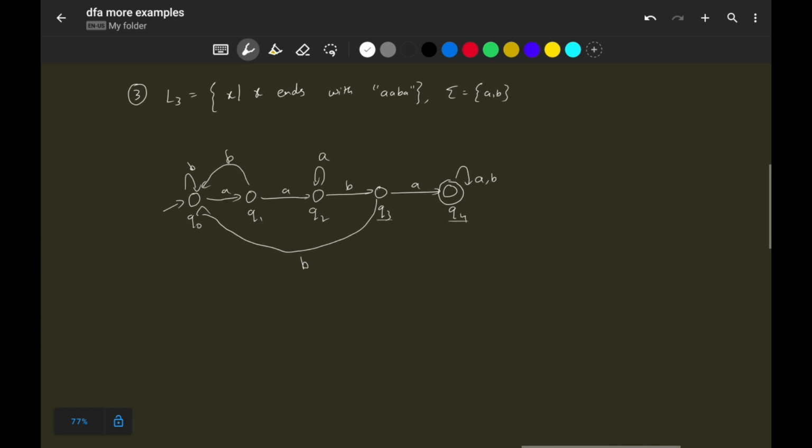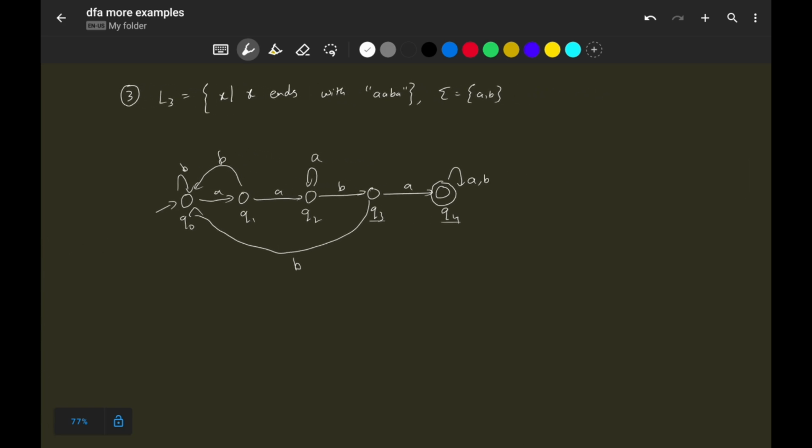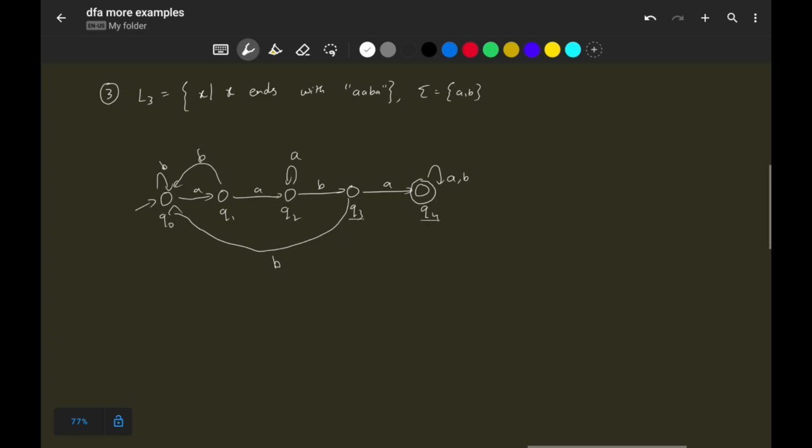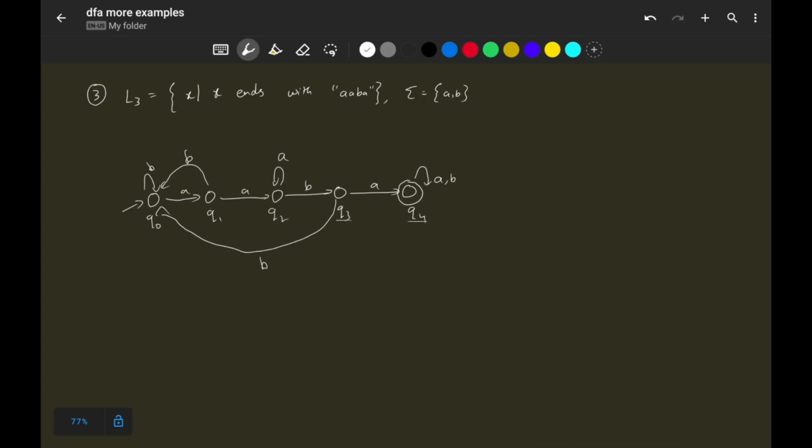So what changes do we have to make here? Observe that in the previous case, in L2, we are looking for the first occurrence of AABA in X,